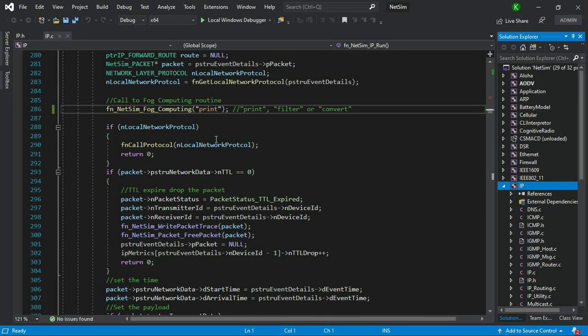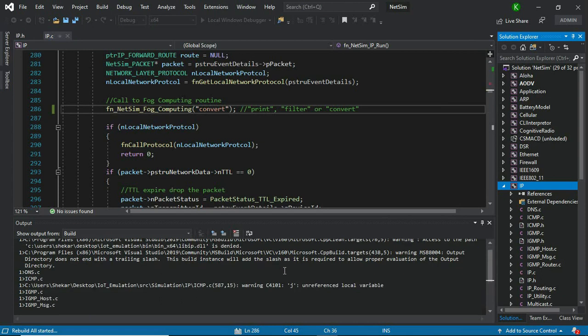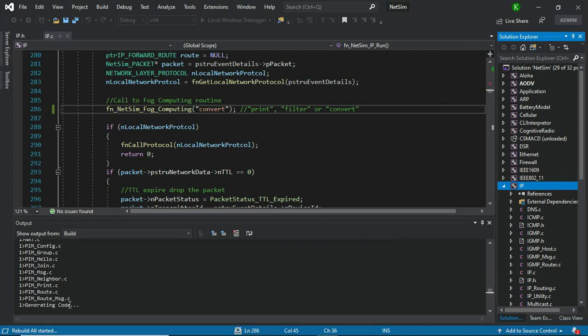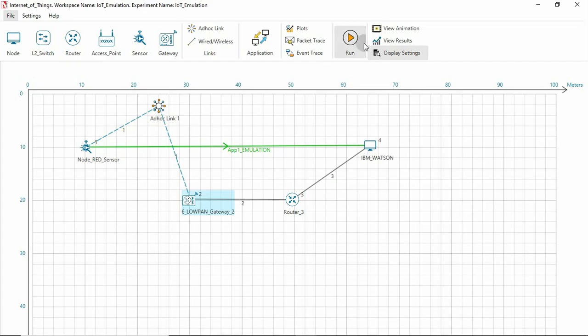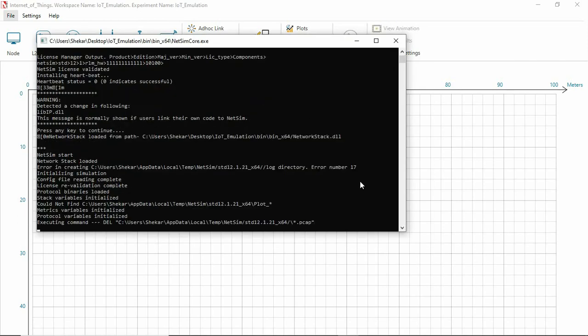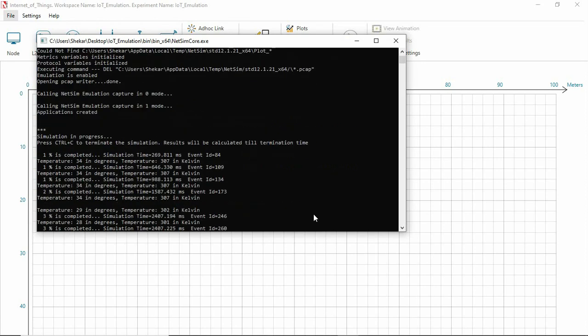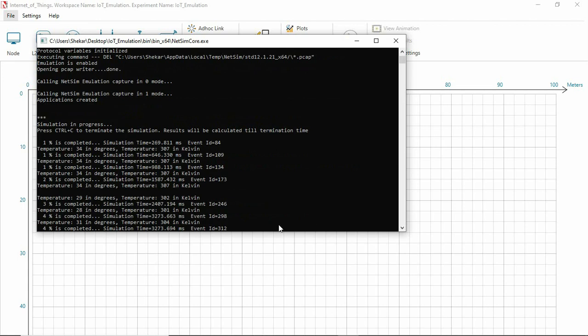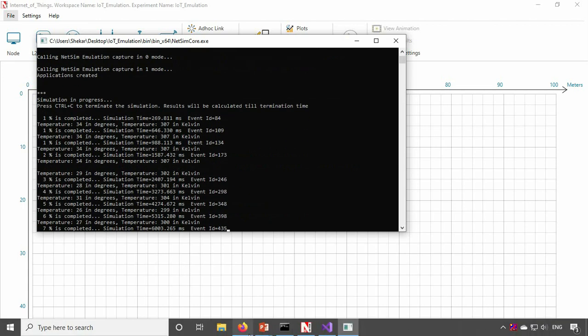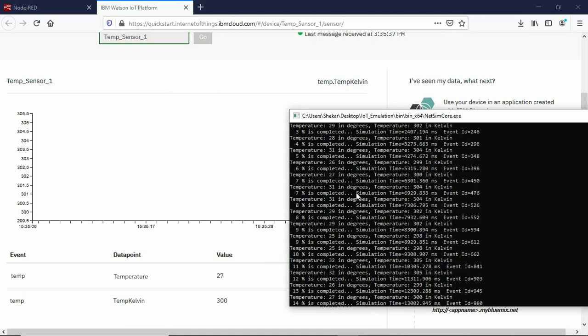We change the fog computing routine in NetSim to do the convert operation. We then rebuild and run the simulation. NetSim console as well as IBM Watson on the cloud now show the new Kelvin readings.